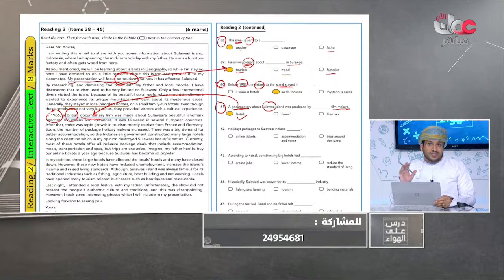Now, I will just let you do question number 42. The same technique will be applied. Don't worry if you don't find the answer quickly. But the most important thing is that you have to underline the keywords. Try to find the keywords. Look for them in the text. Try to scan quickly and find the same keywords, and then you will find the answer either before that word in that text or after. Okay? So this is really important.